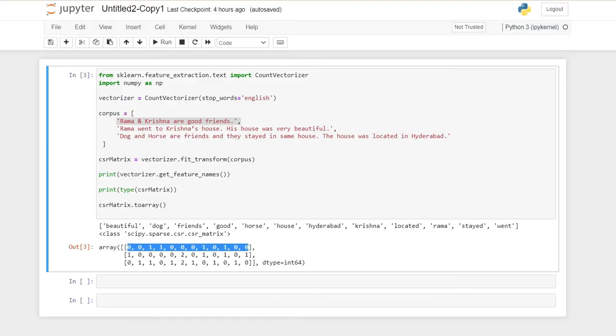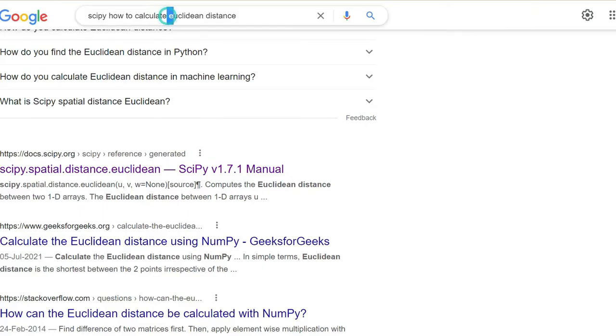We already have the points here, all the points we have got. What we need to do is calculate the distance between point 1 and point 2, and also between point 1 and point 3. Whatever is the minimum distance, that would be the closest blog. So finally, what we need to do is calculate the distance between the 2 points. So what is that called? That is called Euclidean distance.